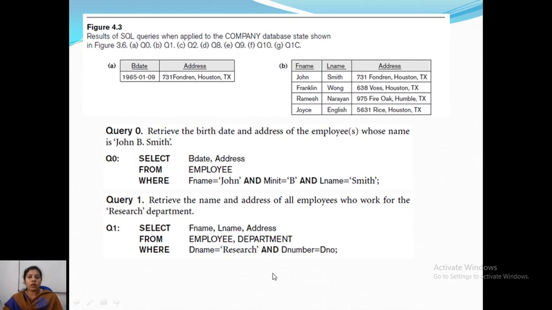But we need only the actual tuples which are matching with department numbers, the relevant information we require. So that's why we need to add one more condition here where we are equating foreign key and primary key. D number is a foreign key in employee and it should be matched with department number.